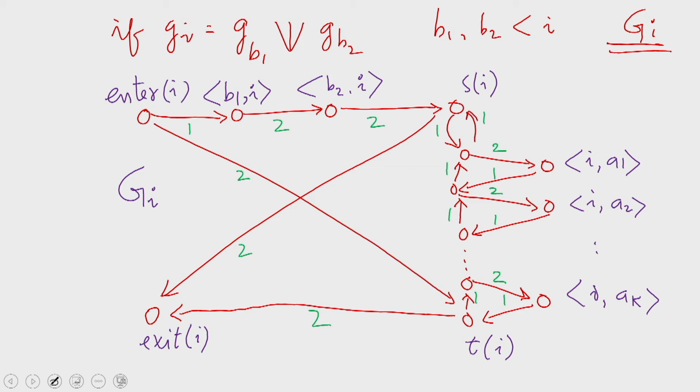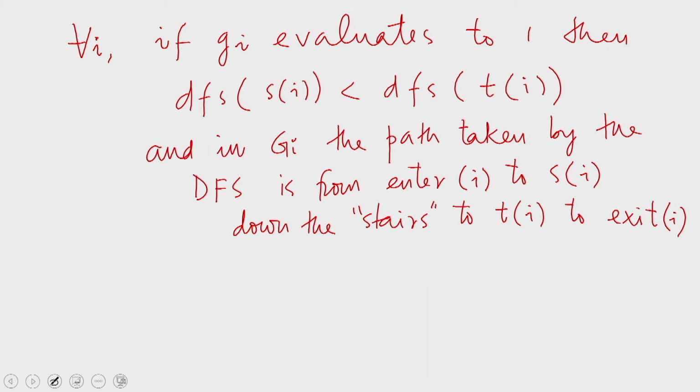So, this will create the impression of taking the stairs downwards until we reach the vertex Ti and then we exit through exit of I. In other words, we will be traveling in this manner. The path taken would be like this if G of I evaluates to 1. The statement is not complete, and if G of I evaluates to 0, which is the other possibility,